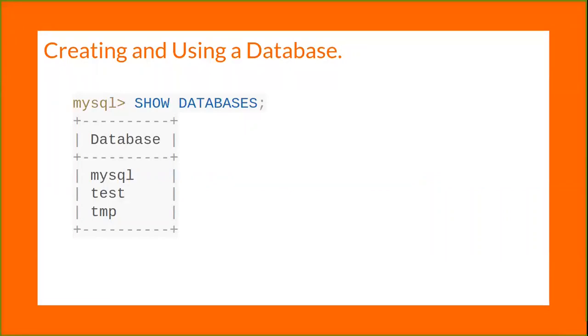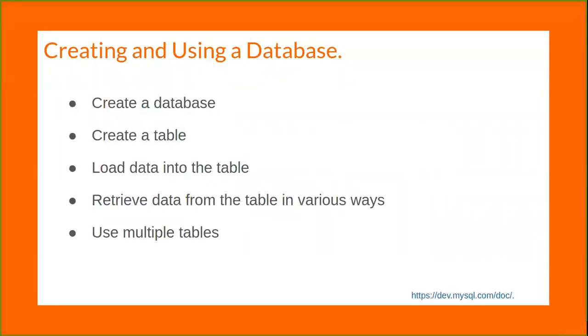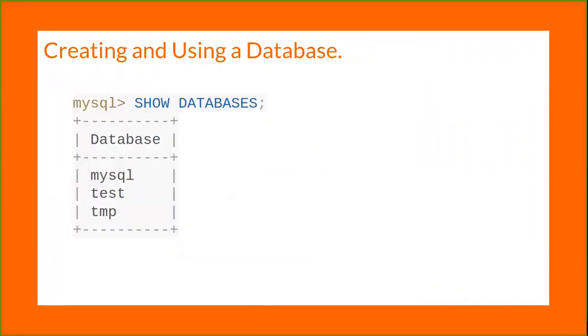The Menagerie distribution contains some of the queries and sample data used in the following section. The sample data is available in both compressed tar file and zip format in this location. Here in this URL, if you go, then simply you can download the data that I'll be using for this session. We use the SHOW statement to find out what databases currently exist on the server.